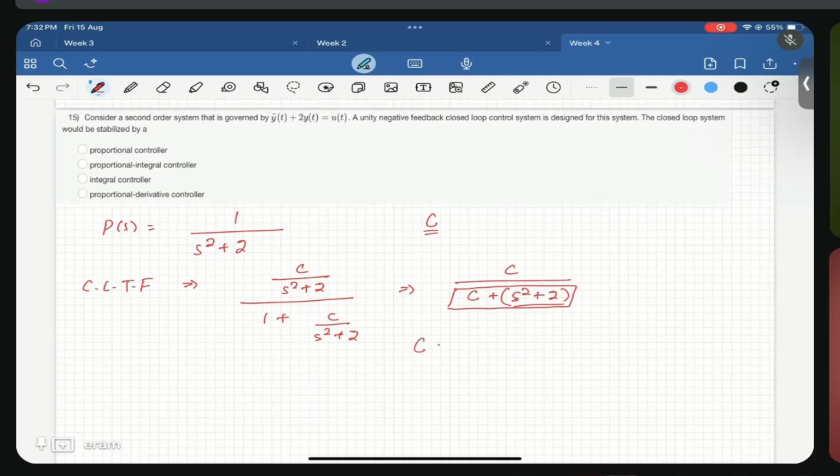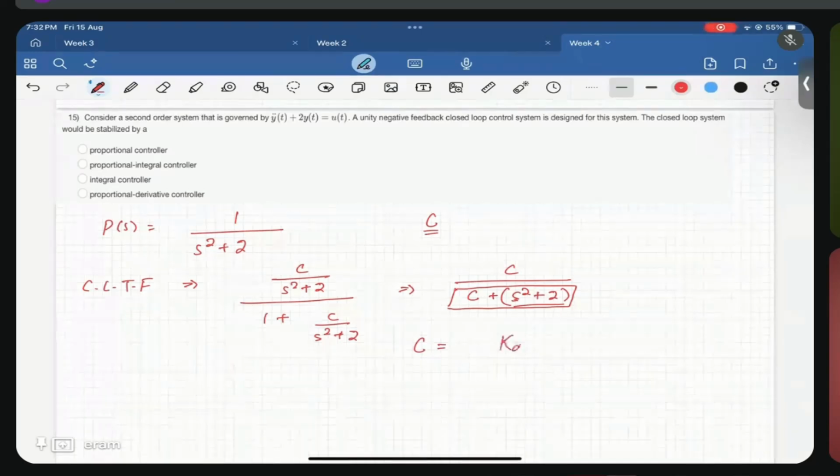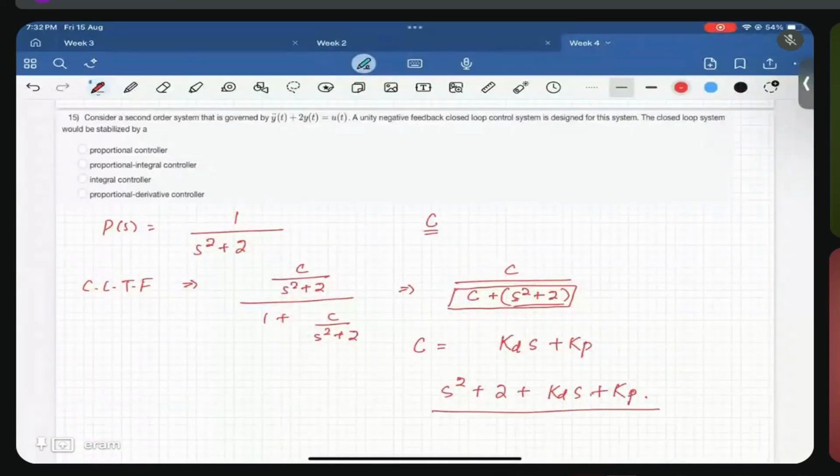So if C is something like KD into s, we will have s square plus 2 plus KD into s. Okay, and if we have KP also, then also no issue, right? So this will be our characteristic polynomial. So the controller that can stabilize this system is the proportional derivative controller. Okay,